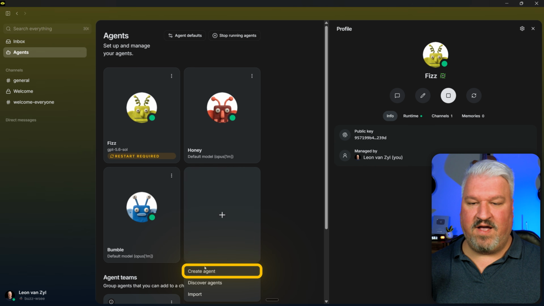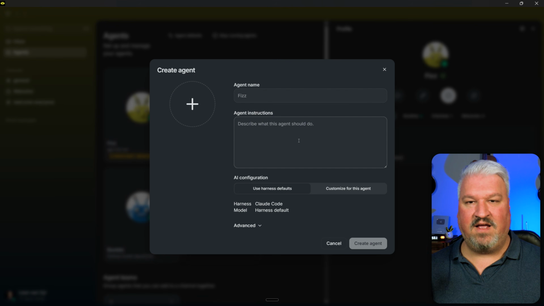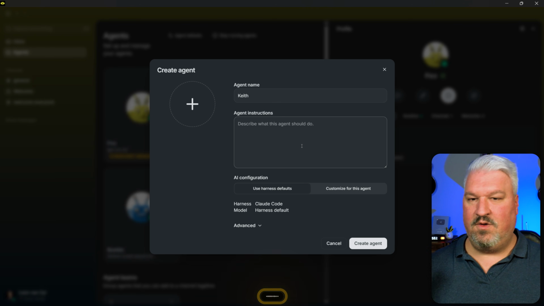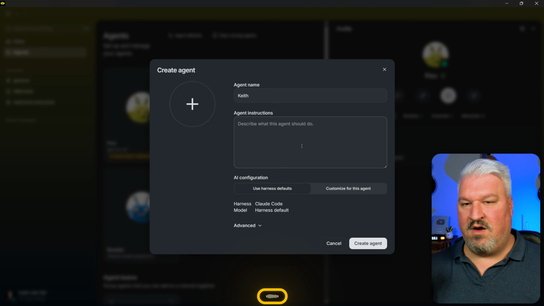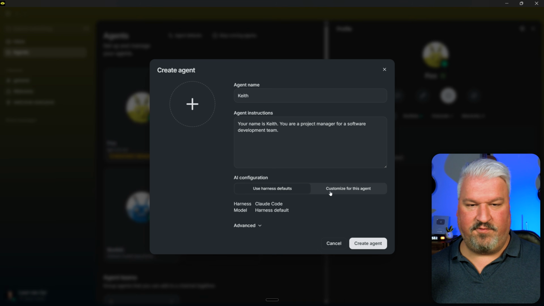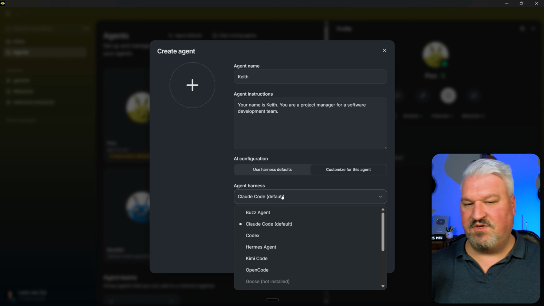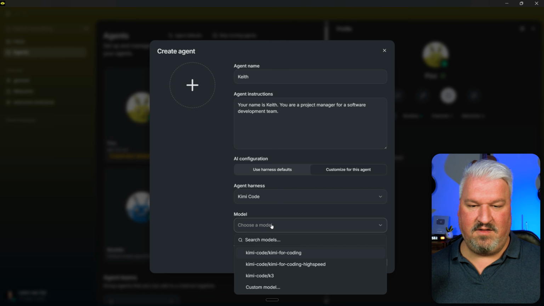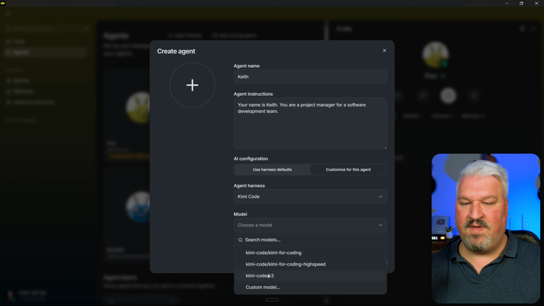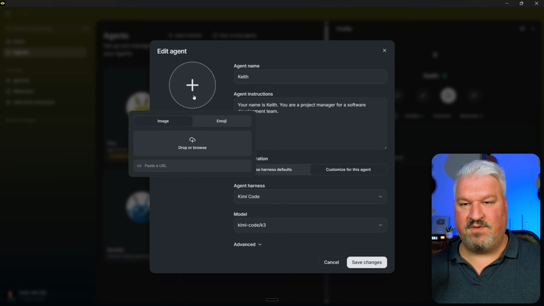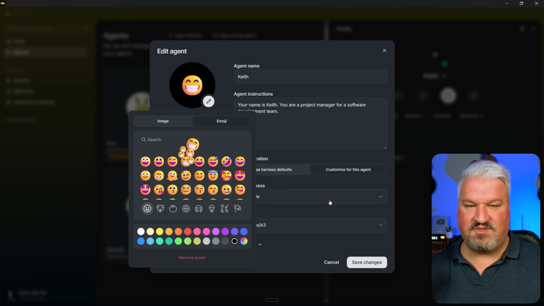We can also add new agents simply by clicking on Create Agent. Let's give this one a name. I'll just call this one Keith, and let's give it a personality. Your name is Keith. You are a project manager for a software development team. Right then, for the harness, let's keep this interesting. I'm actually going to change this to Kimi Code, and for the model, I'll just switch it to Kimi K3. Cool, let's create this agent, and of course, I'm just going to assign an avatar as well,